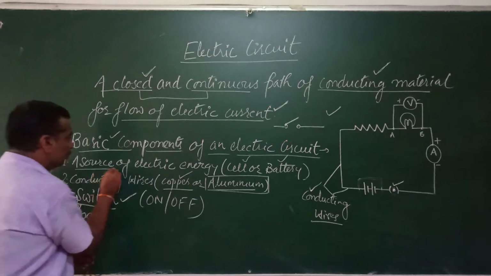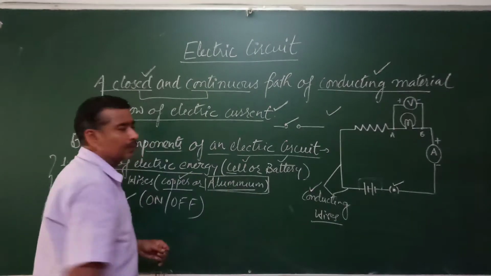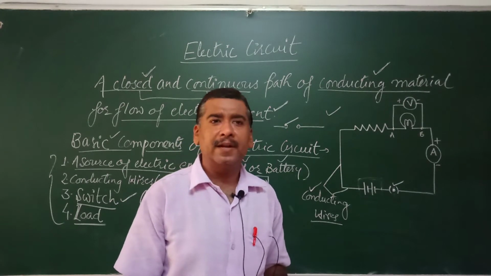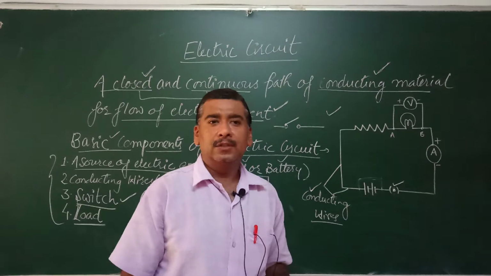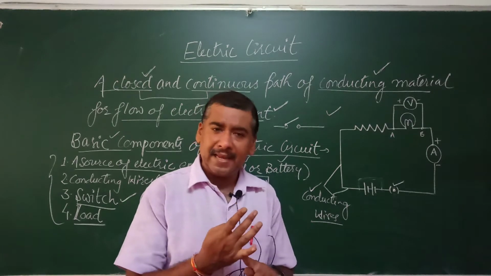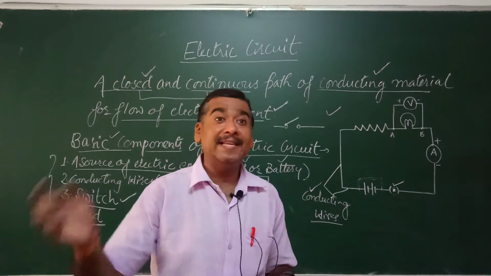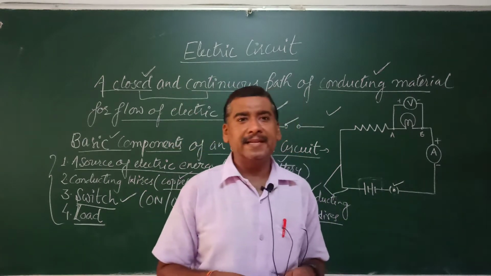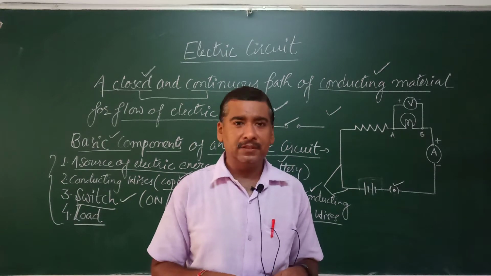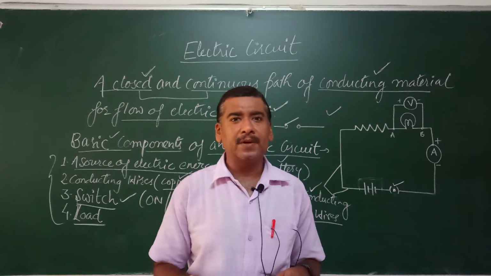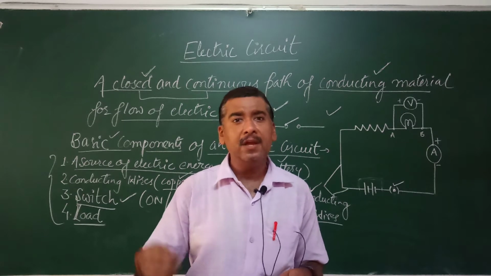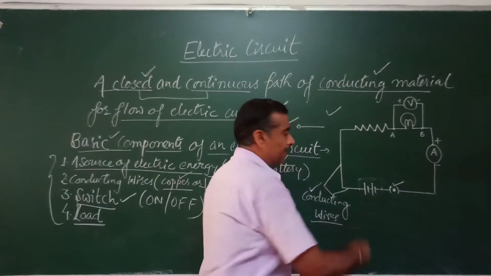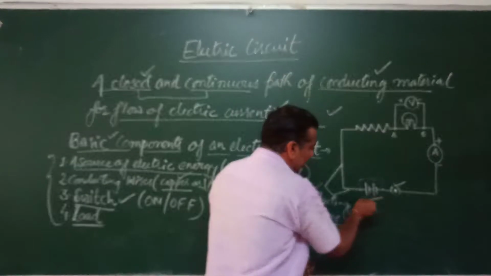First and foremost, there should be a source of electrical energy, right. Without a source of electrical energy there will be no flow of electric charges or electric current. Now this source of electrical energy can either be a cell, a combination of cells, or AC mains. For example, the electricity that comes to our homes, or the electrical energy that our gadgets use, is from AC mains, isn't it. It is alternating current, whose potential difference is between 220 and 240 volts, right. But in normal cases, like in this particular schematic diagram, we are using a combination of two cells.